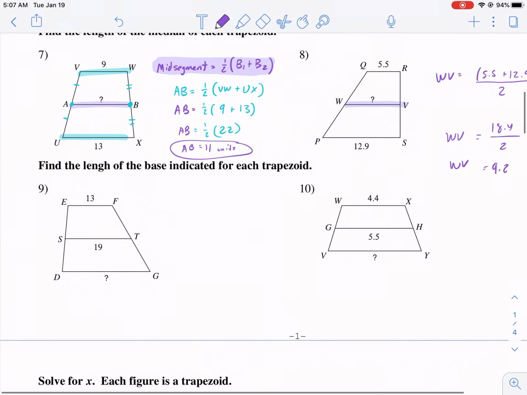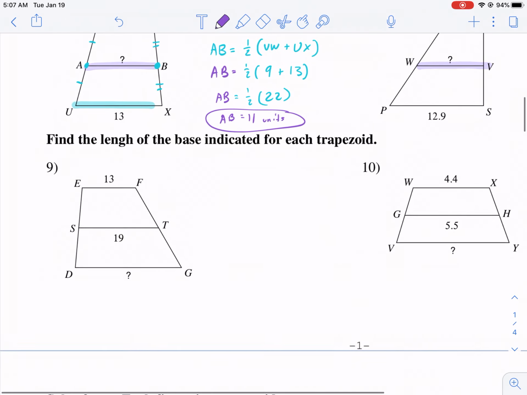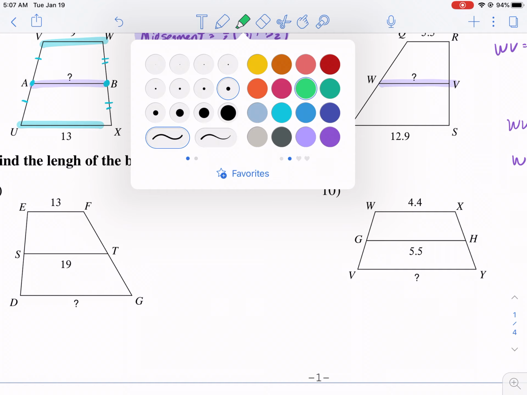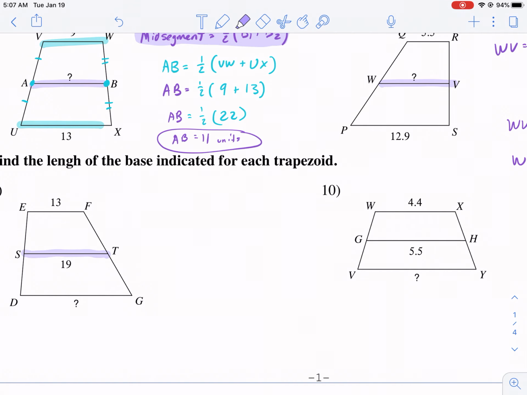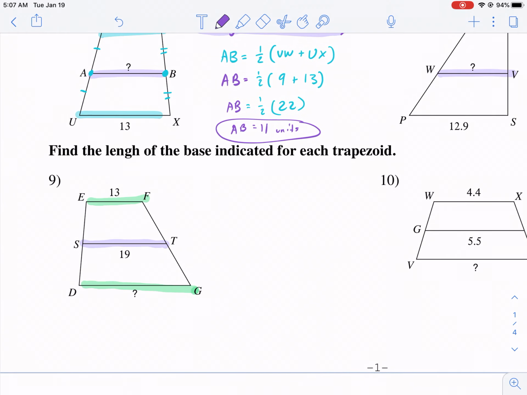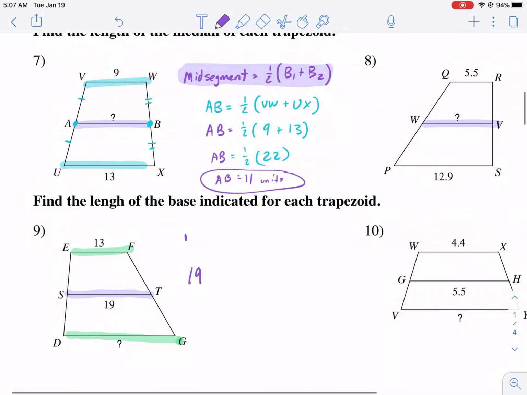Okay, this part's a little cooler. Find the length of the base indicated for each trapezoid. This time it gives us the mid-segment. Okay, well, I should just leave it as purple. And now we have to find one of the bases. So we just have to kind of go backwards here. So there's one of our bases, and now we have to find it. Let me just copy and paste this one. So we have this formula here, copy,